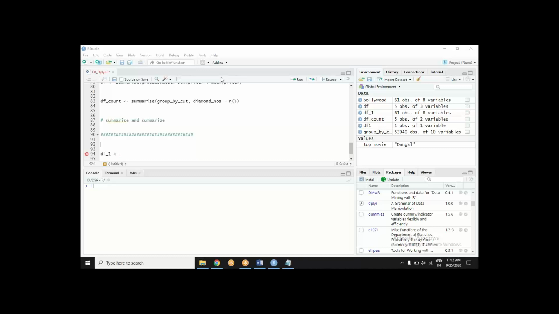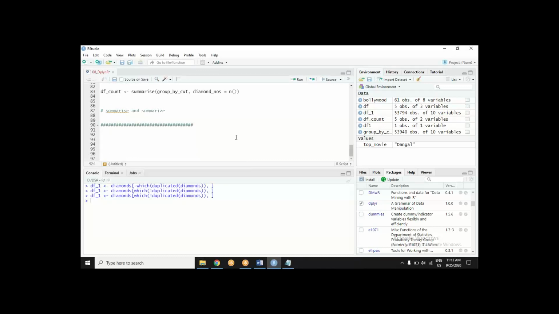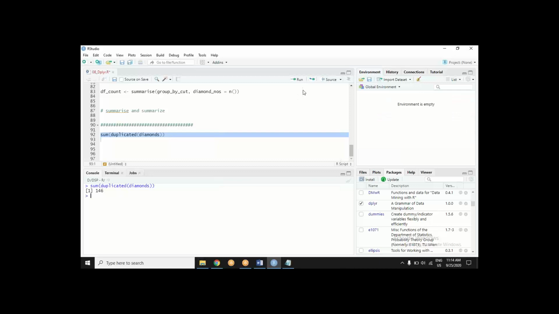That is how the duplicated function works. I discussed this. So I want to see the duplicated function if all the entries of one row are matching with some other row, and I see that there are 146 rows which are duplicate.